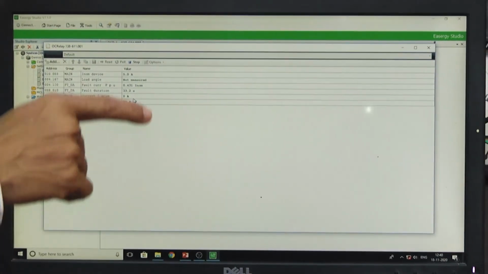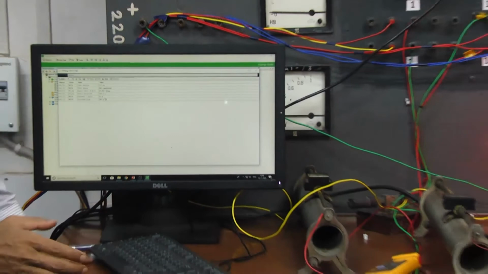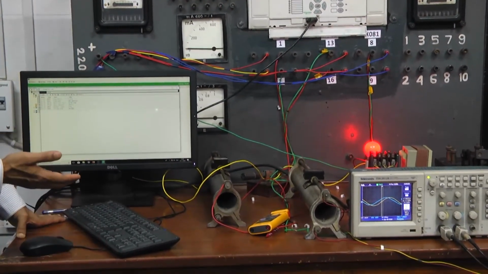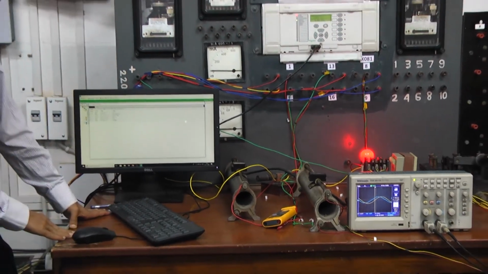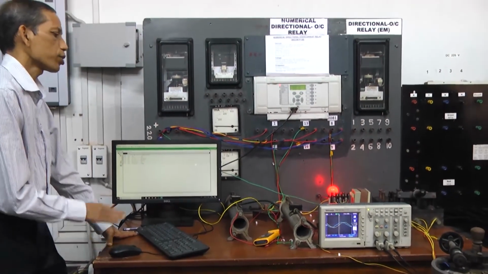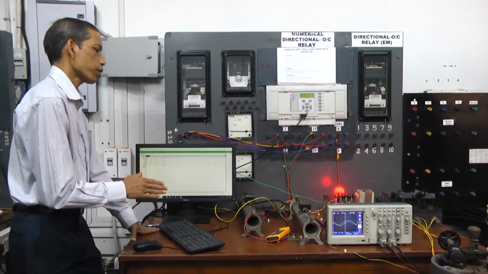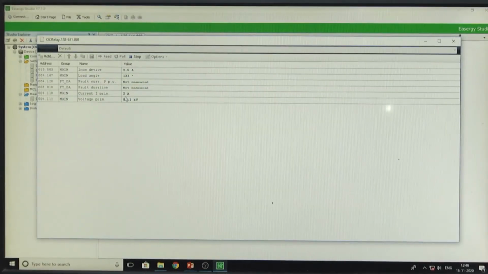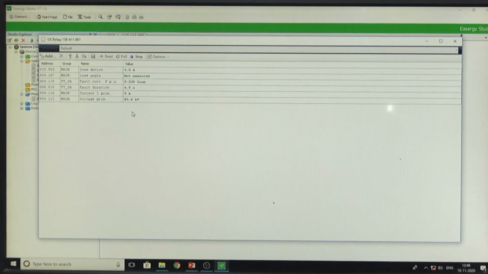So, now you see that experiments like this will be carried out for this range. We will go to another setting in the positive angle direction towards the beta angle, and see whether the relay is tripping or not. Now, in this case again 2 ampere and the angle is 133 degree, and the relay tripped successfully. Our beta side setting is 135 degree, so the relay is expected to trip, satisfying both the directional and overcurrent principles.